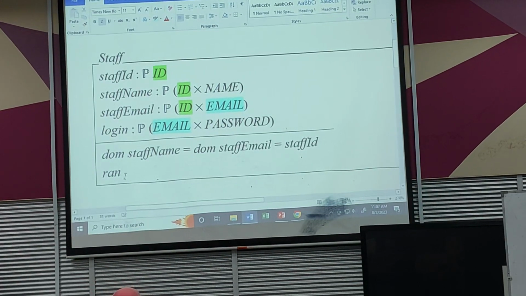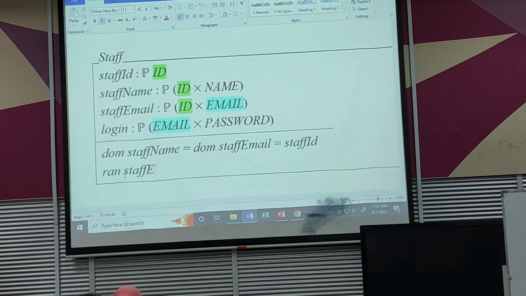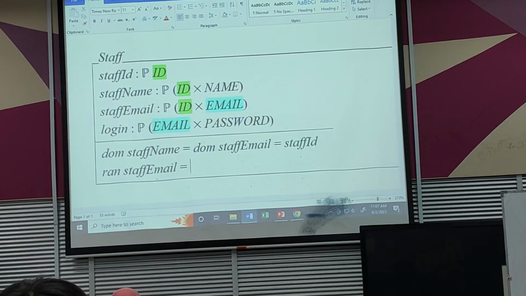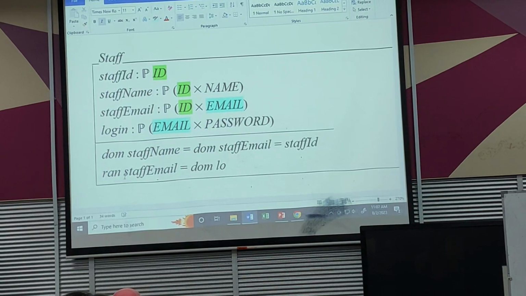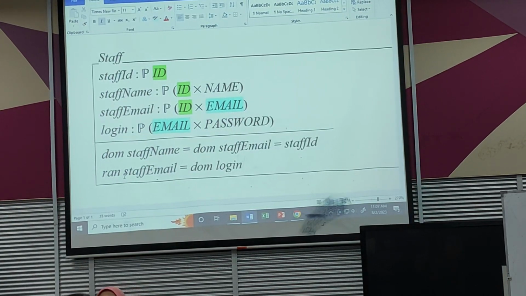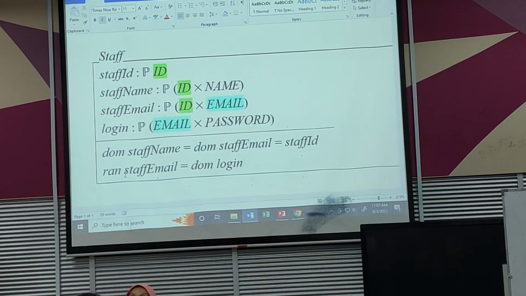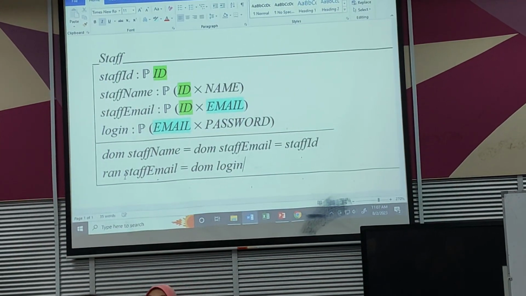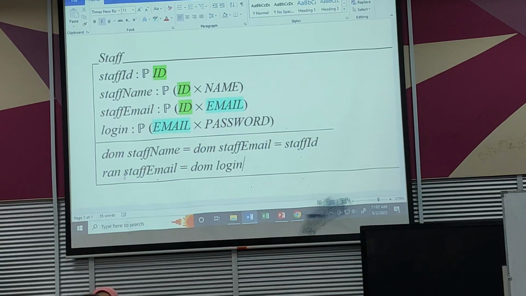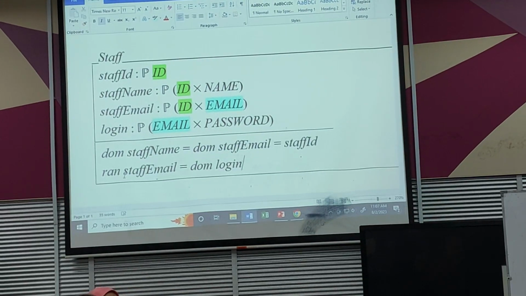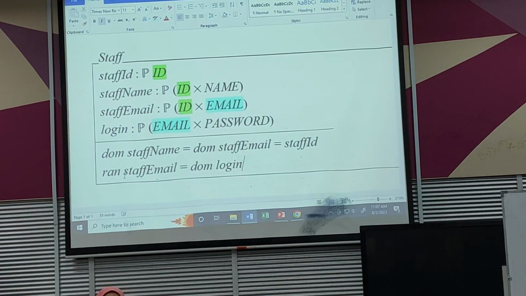Our variable is staff email equals to DOM, login, for example. Okay, so this is something that you should already have started with your state space last week. Okay, so you should already have done something with this. Some of you, okay,